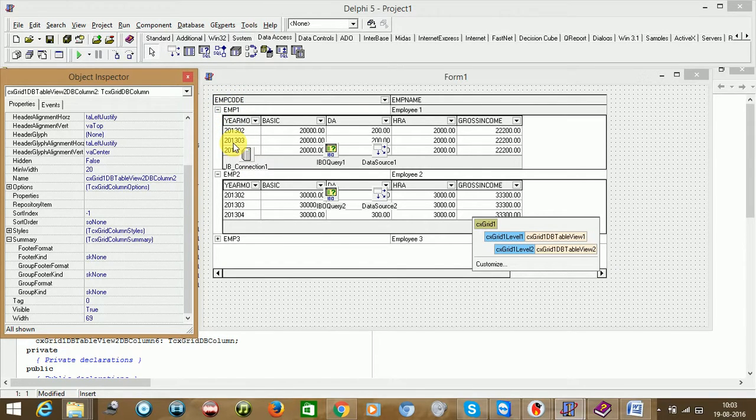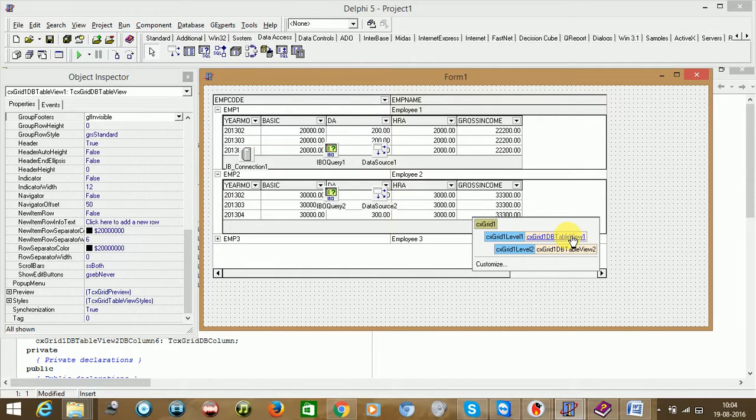So here we are not going to have any group summary related detail, only footer. Why? Because this is a separate grid and this is also a separate grid. It works like a grid, but they are views. So since we already have two different views, we need not say group by summary. It is already grouped by employee code. So now you may be asking how we have done the grouping.